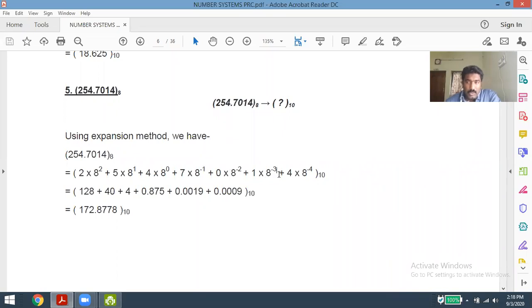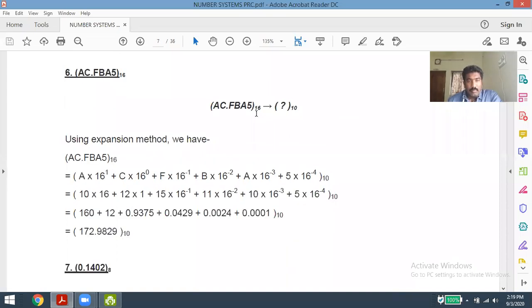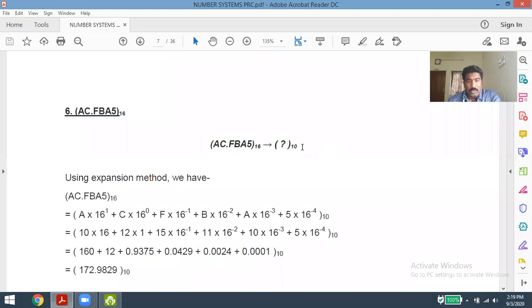In some examinations, there is no possibility of taking calculators into the exam rooms, so I am asking you to try it out manually. Try to do some problems manually, and you will get accurate solutions. This is the way we can convert a given octal number into base 10. Similarly, convert hexadecimal values into base 10 with the same process.